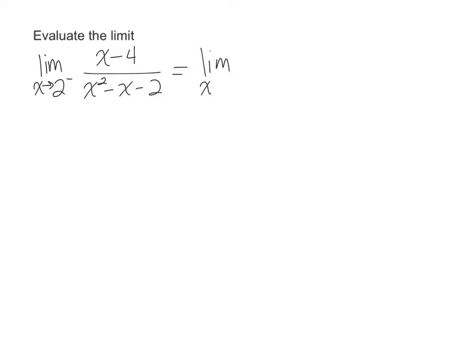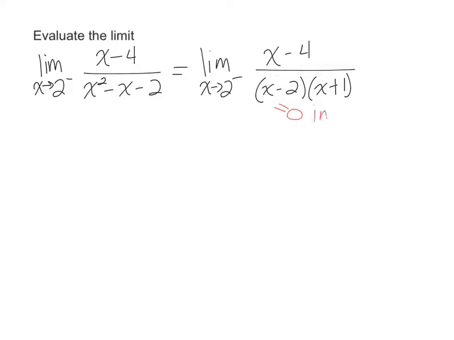So the limit as x approaches 2 from the left of (x − 4) over (x − 2)(x + 1). It looks as though we are not allowed to substitute this right in. For x, this will give us an equal 0 in the denominator, so we cannot directly substitute it in. This means there's a vertical asymptote